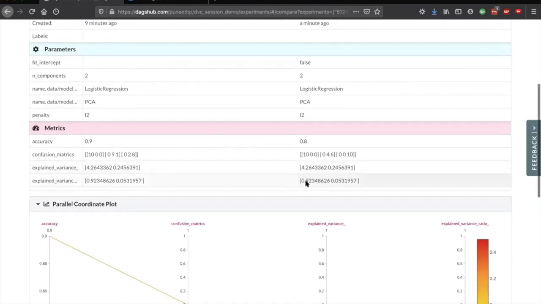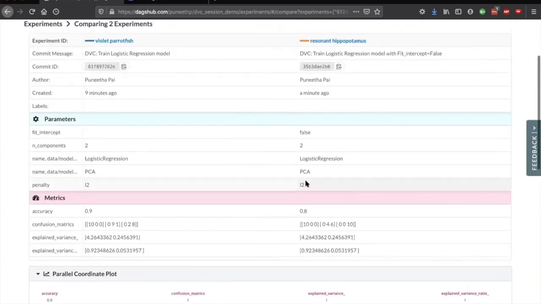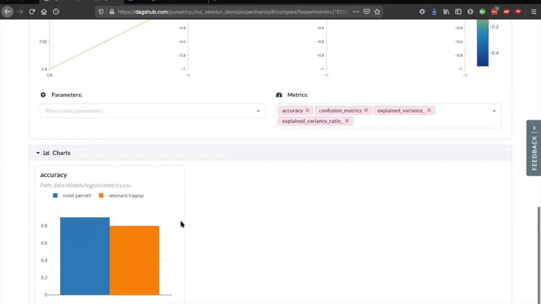So you can have multiple data scientists collaborating together, and you can compare results from each and select which you want to productionize. So if you see this blue experiment had better accuracy score than orange one.